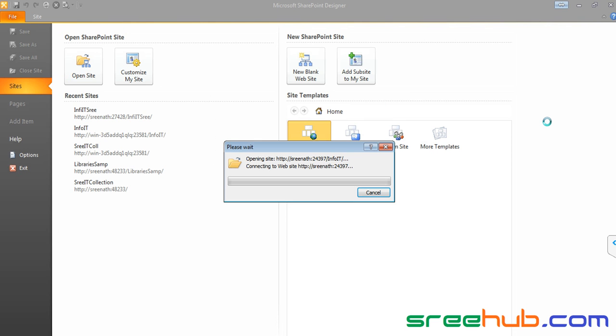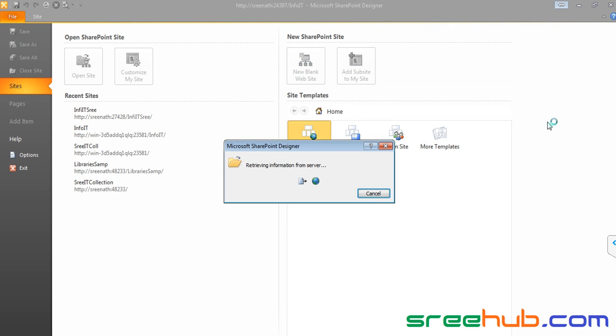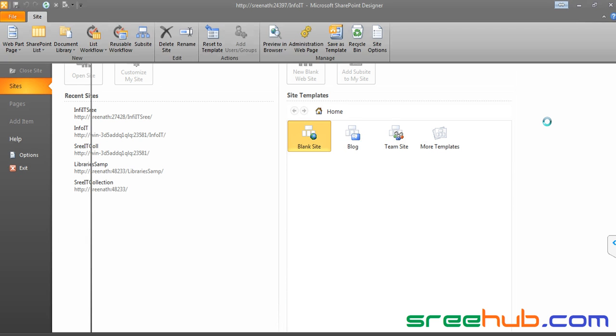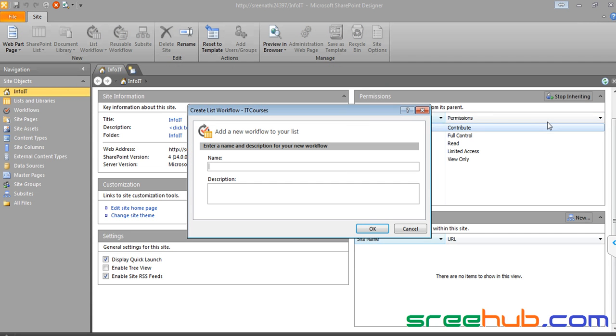What it does is it will completely get your site into its cache, and whatever you do here in SharePoint Designer will be uploaded automatically. So we have seen till now Excel, we have seen Microsoft Word to create direct blocks, and we have seen InfoPath, where we actually created a form. Now this is your website,